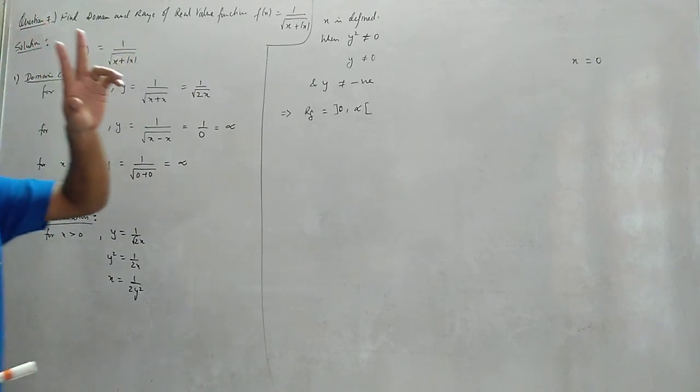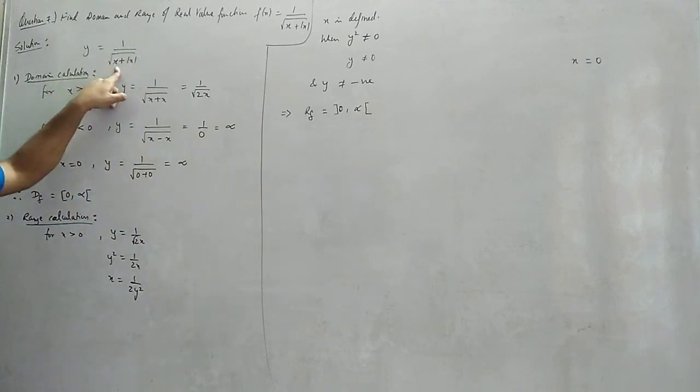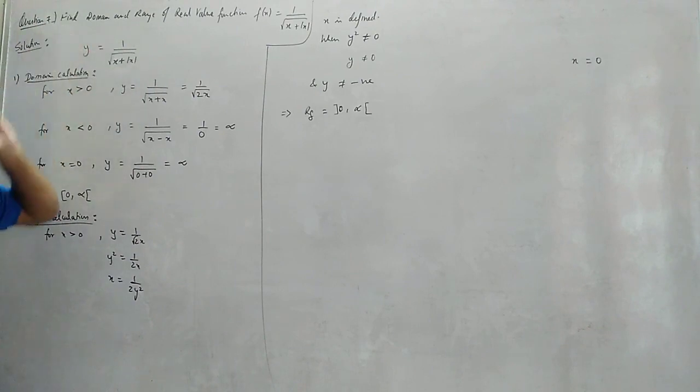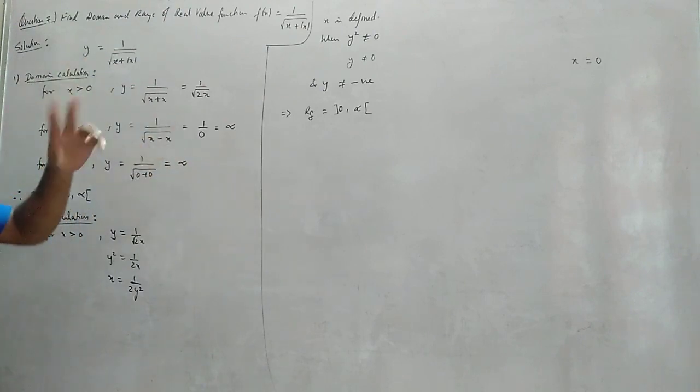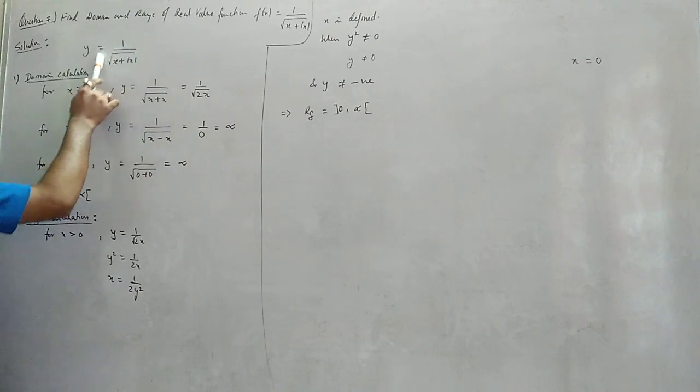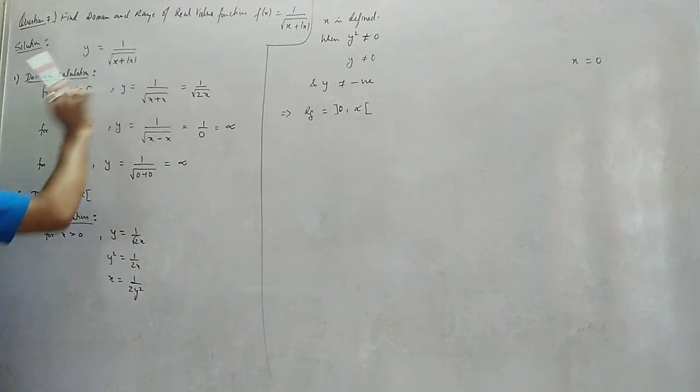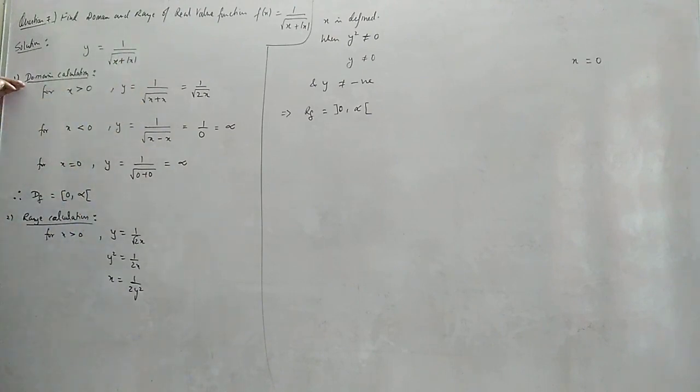Two cases are coming, right? If the term inside comes negative after solving, then it becomes imaginary. But if the term inside comes 0, then it becomes infinity. So in both the cases it is undefined. Okay, that means we are interested in the denominator and the denominator has modulus. So now when we start doing domain calculation, we need to first remove the mod. Okay, so let's remove the mod.